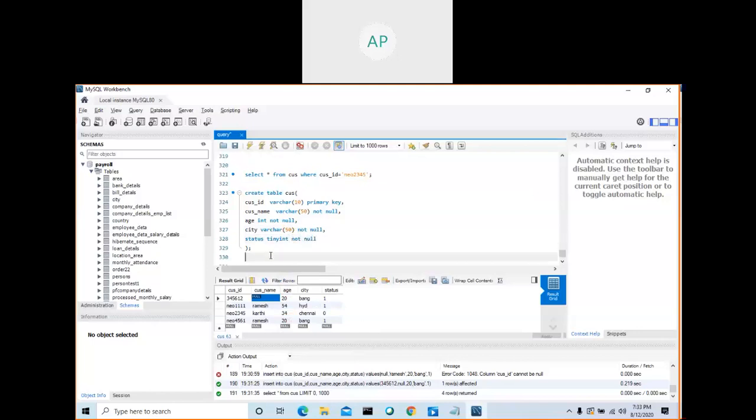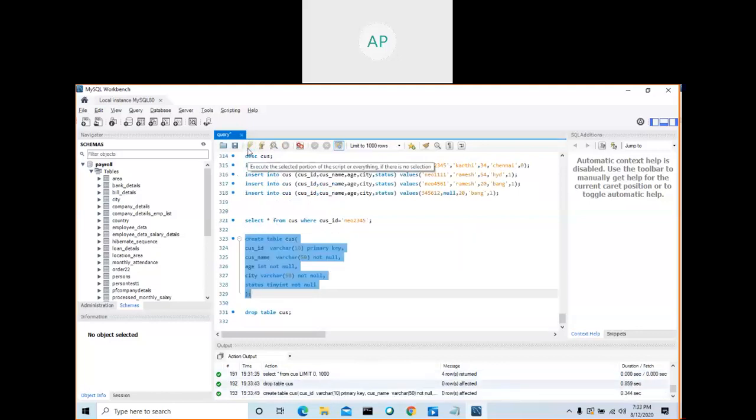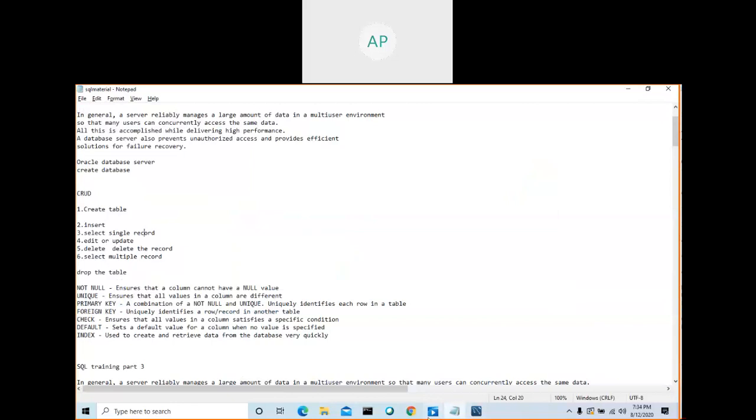So now what we can do is drop the table, DROP TABLE cus, and create this table again. Actually, you can use the ALTER command, so there is no need to drop the table. You can alter the existing table. UPDATE modifies the existing record; we wrote the update command to update an existing record. Whereas ALTER is the alter command. See here.